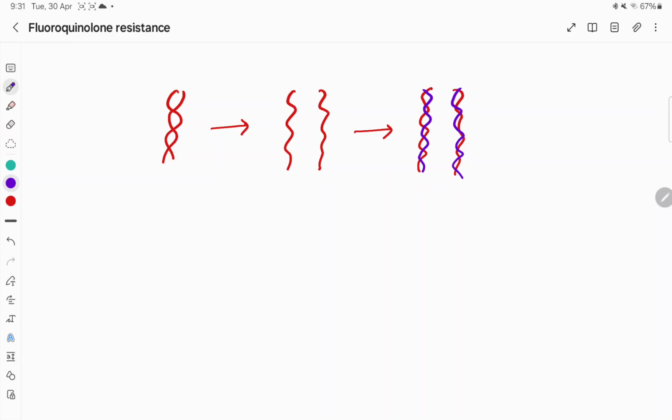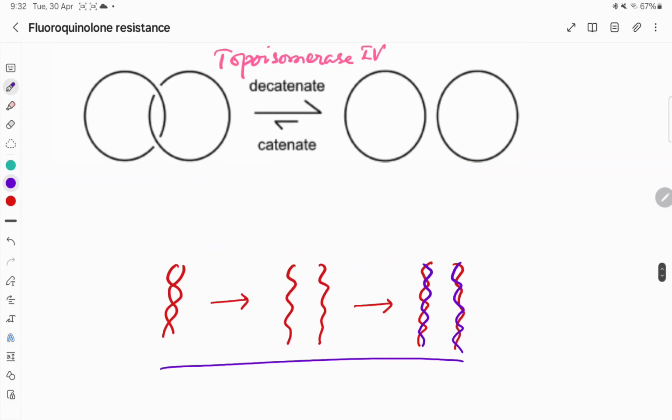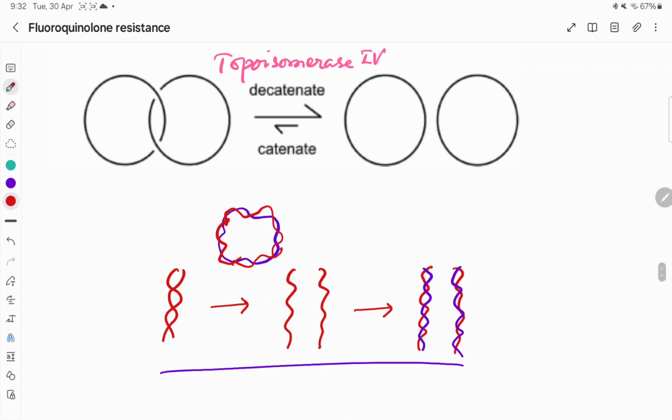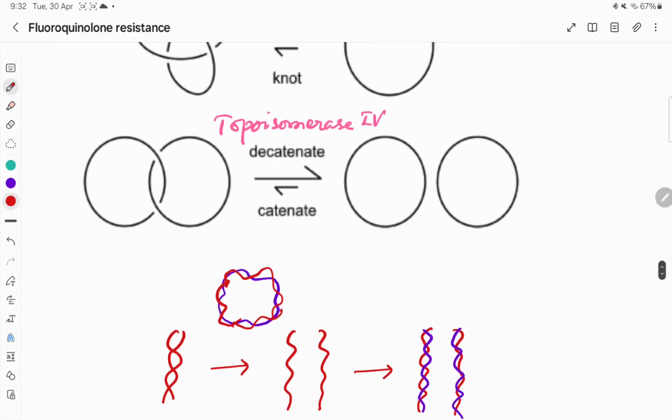But for this replication process, the DNA has to be in relaxed state. In bacteria, this DNA is present as the circular one, and this circular one in relaxed state is required for